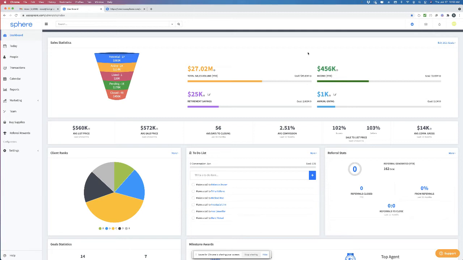Okay. Now, any of you, I don't care if you've been using Sphere forever, if you haven't done this yet, please do it right now. Just do it. It'll take you 5 minutes and it will change your life. Having a goal is absolutely crucial in real estate, or else you're just like, my goal is sell as many houses as possible. But when you do that, I'm telling you, you won't sell as many, number one. And number two, you won't,